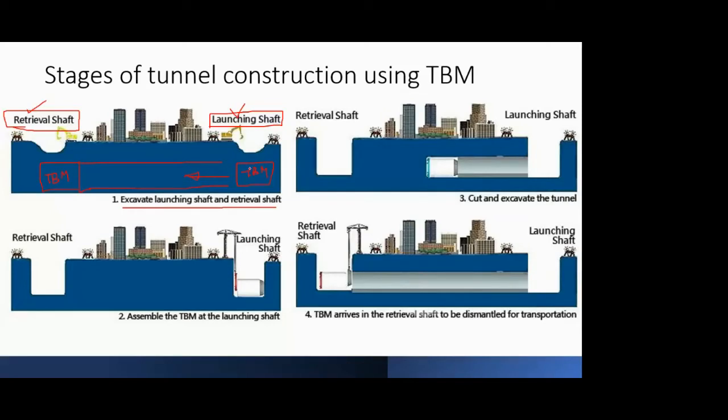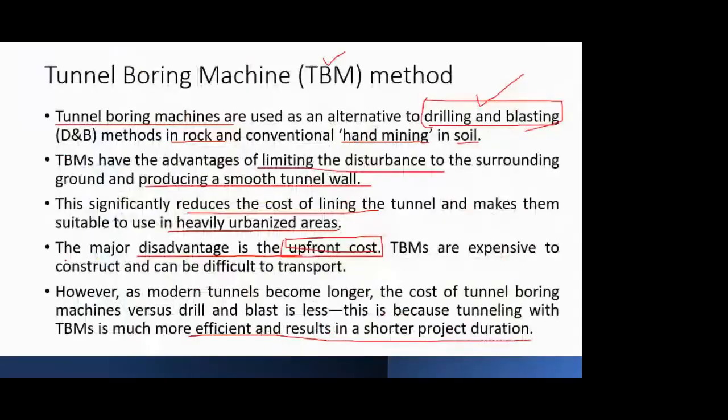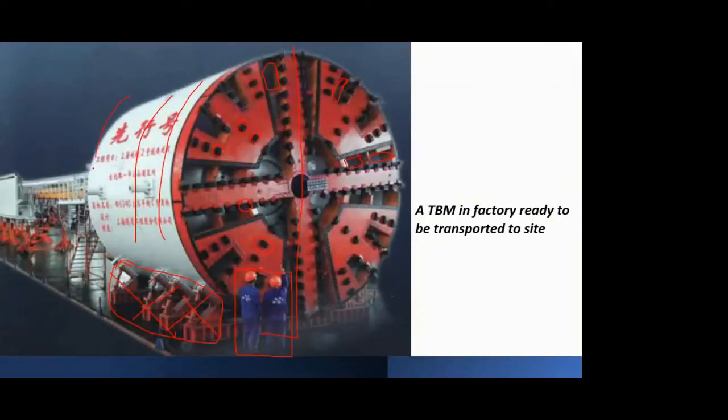Now, once the shafts are excavated, you see in the second photograph, the bottom left one, the shaft is just like an excavation pit. Okay. Now, depending on the size of your TBM, the shaft size will depend, obviously. Suppose the TBM is 150 meters, but we don't lower the whole 150 meters at a time. We first lower the main part of your TBM.